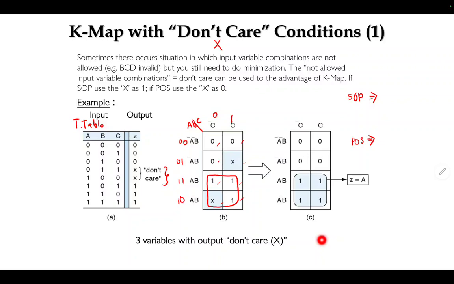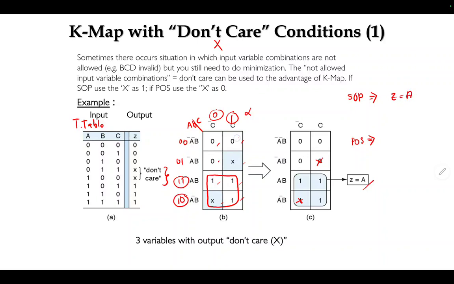So equation is, you read here. So this one is here and here. So you don't read C because C change state. You read either A or B. So from here, it just look like A change state from 1 to 0. A don't change state. A is 1 and 1, so you read A. So B change state from 1 to 0, you don't read B. For example here, if the question here, sorry, this one should be X, this one is X. Okay, alright. So if the question here for SOP, so SOP Z equals to A.